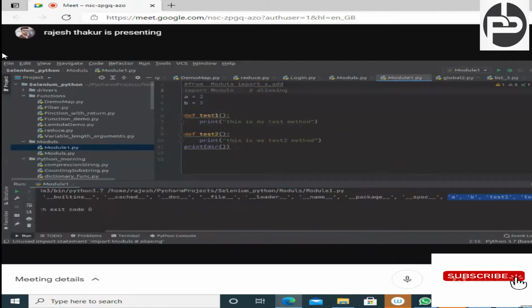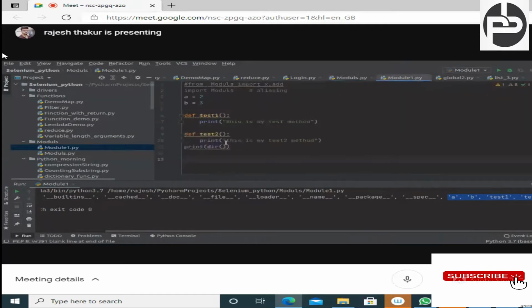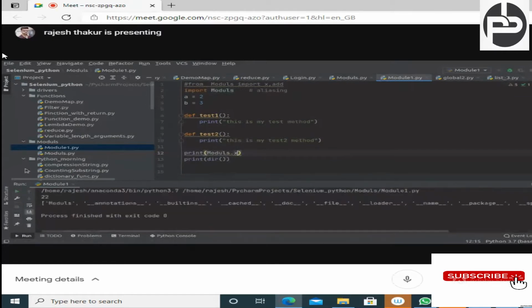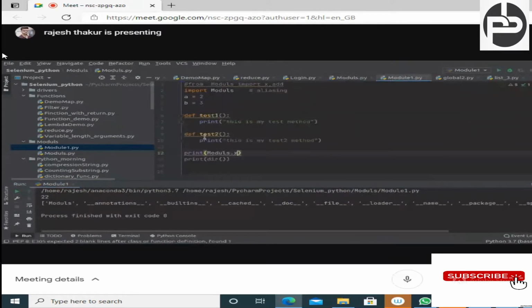If you want to call the x, we can call print modules.x, and it will give me 22, because the x value here is 22. Can you see this? So I can access that here, right?